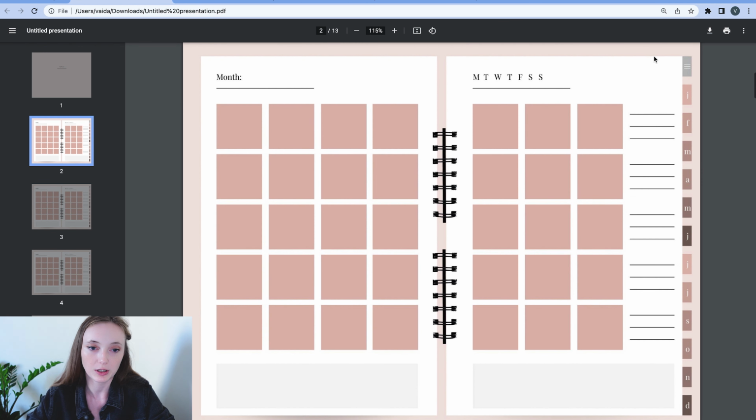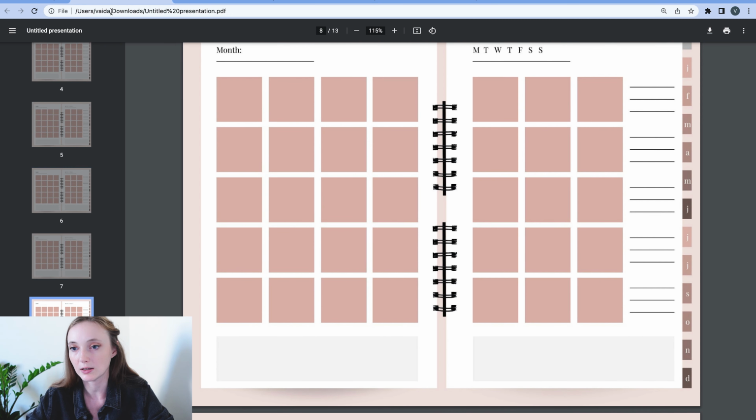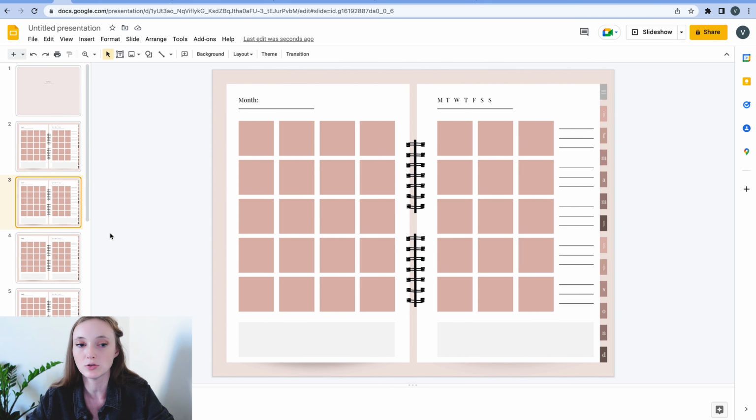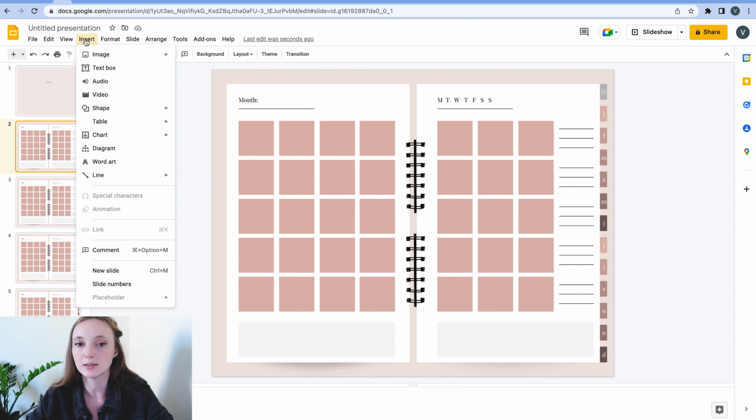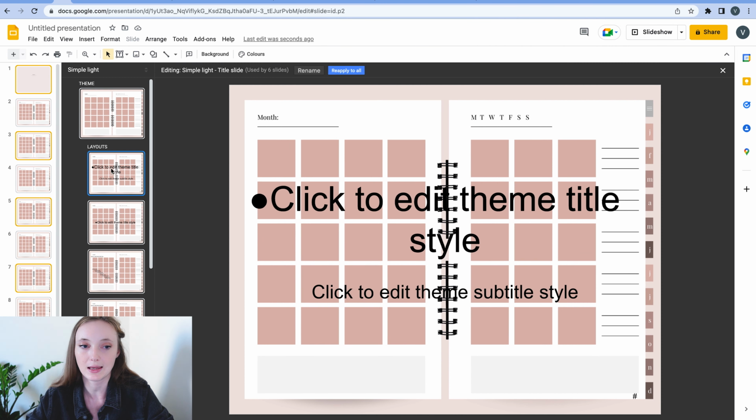Download. We're going to download it as a PDF. And now if I click on it, I have my planner. I have my links. I can click on them and go to different pages, which you don't see. You see it here. It's changing here, but we need to add the months. So the way we do this is